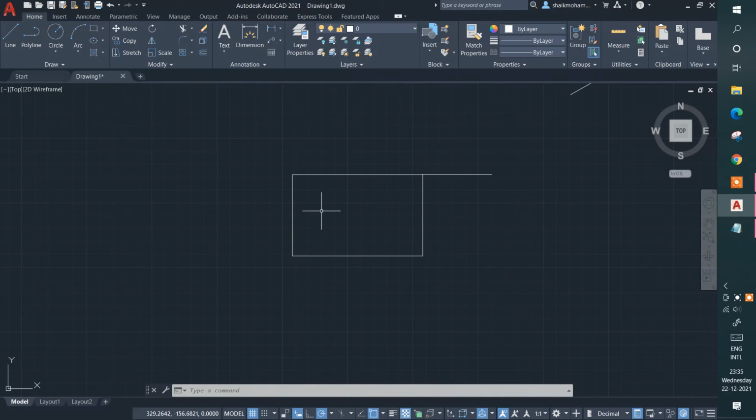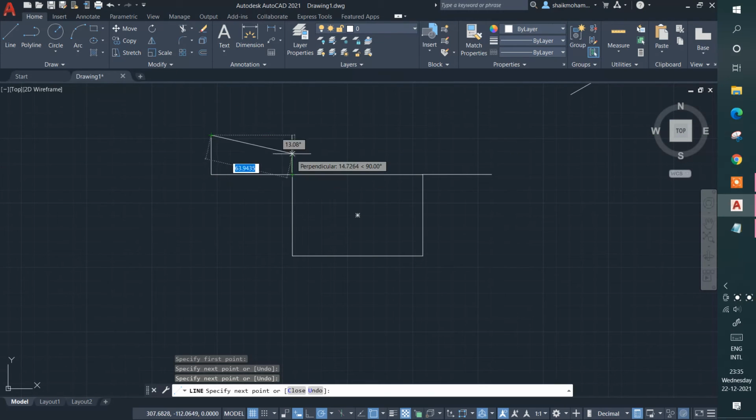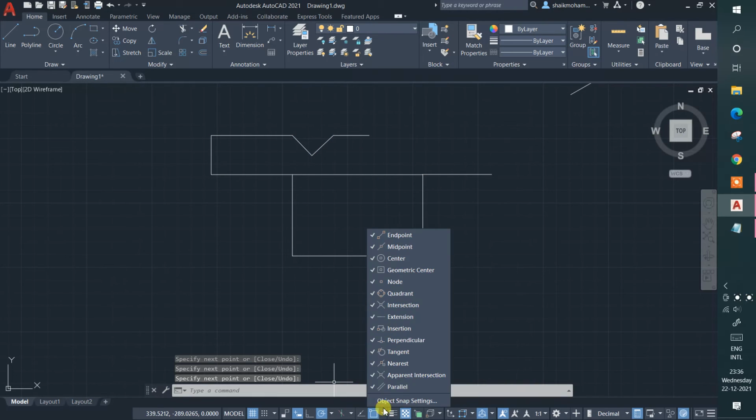Okay, I'm just entering L, enter, and you can see here. You can see the endpoint, guys. Endpoint. I think you have noticed this one. Okay, and click on this, and you can draw anywhere you want. Okay, this is called extension. I'm going to teach you in upcoming classes what is extension and everything. Okay, I'm just clicking on enter. This is how the object snapping works, guys. I recommend you to turn on only endpoint, midpoint, center based on your customization. Okay, intersection is no need, and tangent and everything is no need, guys.